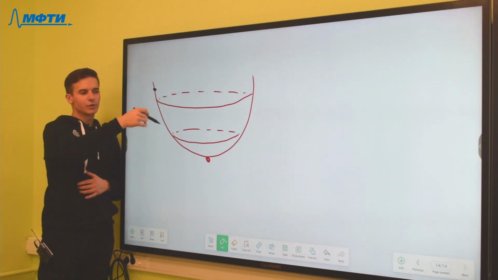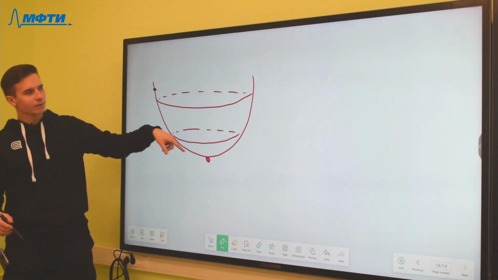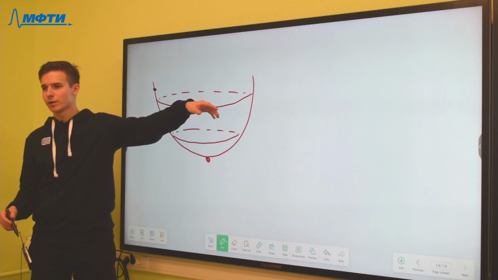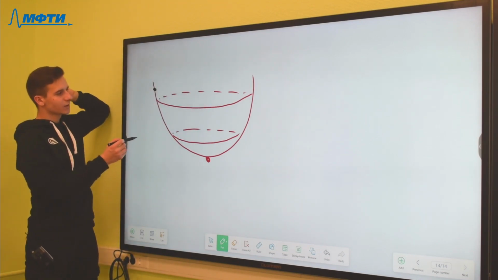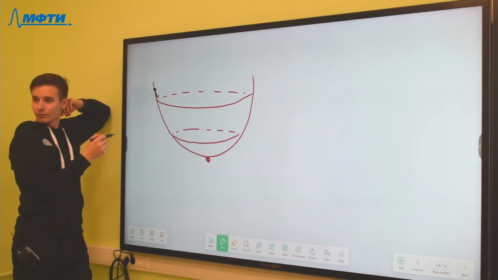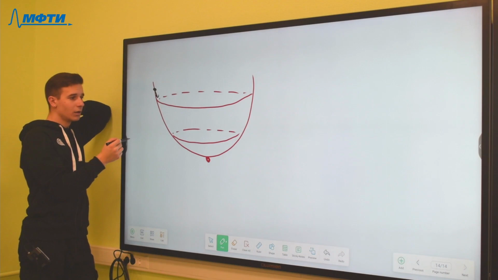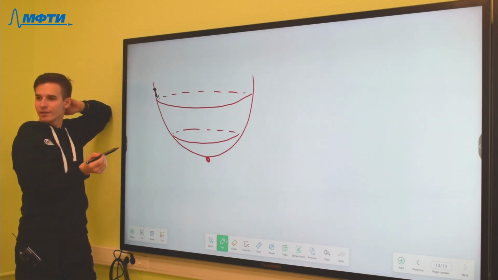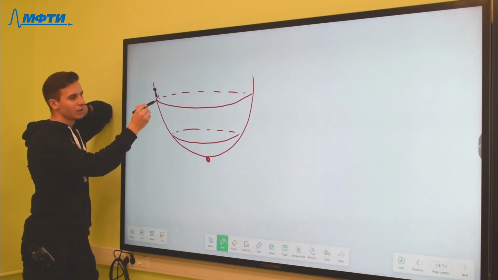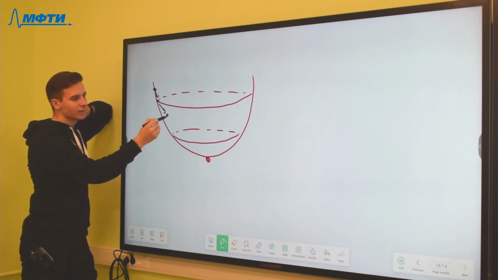And you don't know the analytical function of this wall. You can ask, for example, what is the gradient here? Do you know what a gradient is? And there are some stochastic solutions for finding an extremum, but in most cases you cannot find